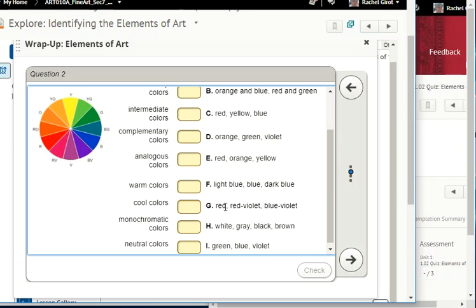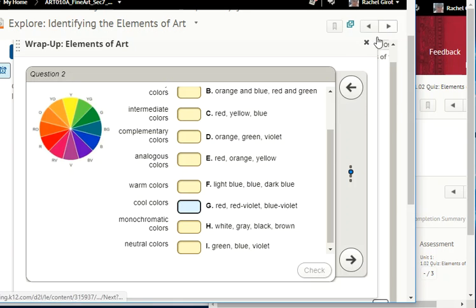Let's look at red, red violet, and blue violet. So those probably are going to be our analogous colors because they're right next to each other in the color wheel. The white, gray, brown, and black, those are your neutral colors. Green, blue, and violet. Huh, those are analogous colors too. But they're also cool colors, so those would be the cool colors. All right. Anyway,